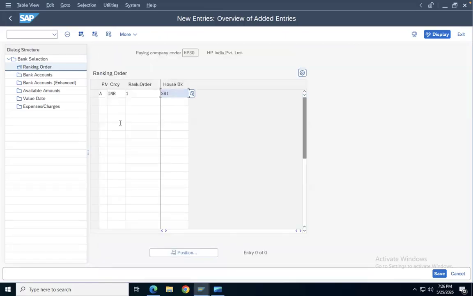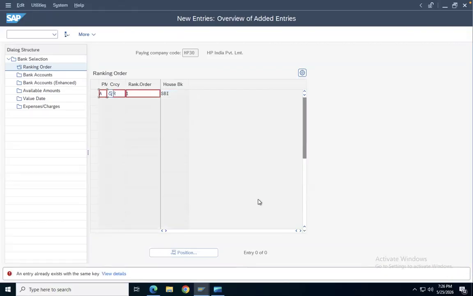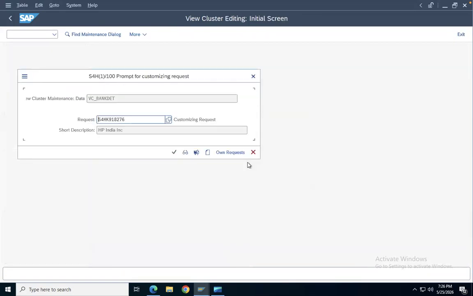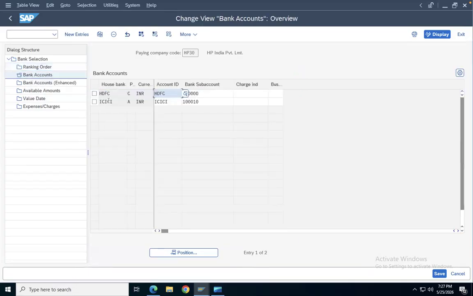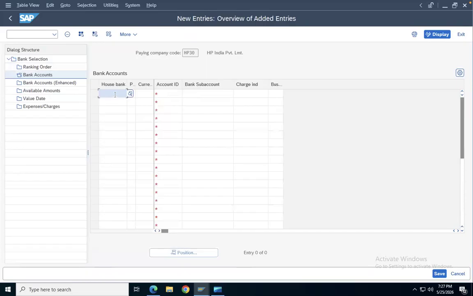House bank SBI. Okay, we can save it here. It already exists, so we can give ranking, let's see what happens, whether it will take or not. Okay, it has taken now. Now go to bank account. Okay, here we have to add our house bank SBI,